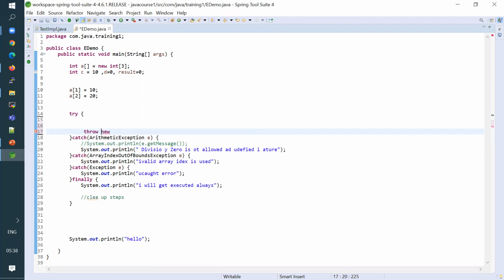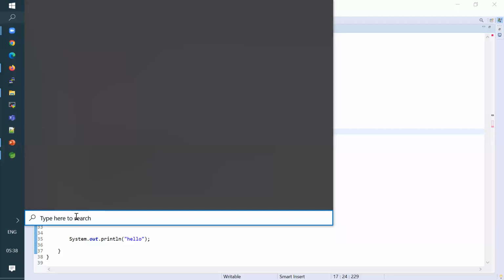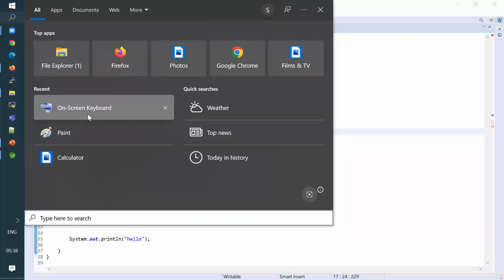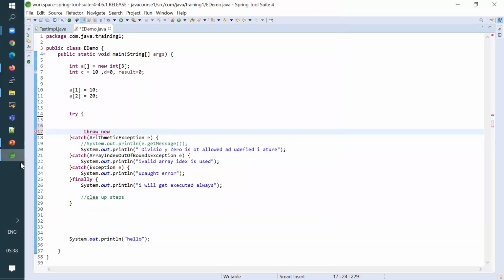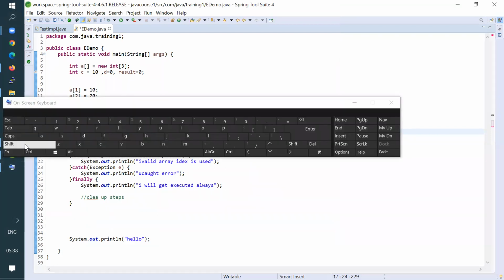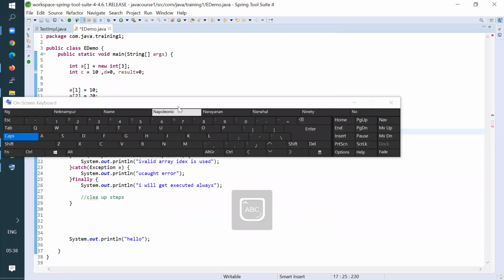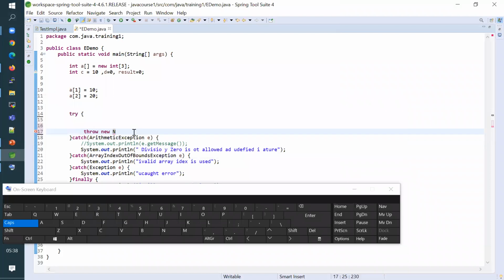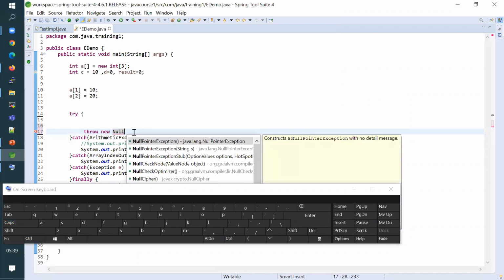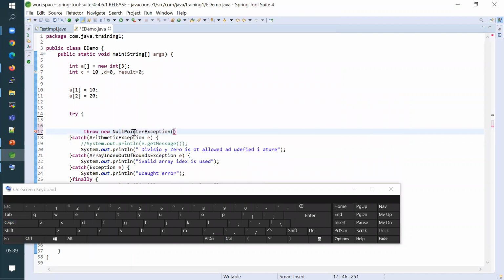Throw new null pointer exception. Okay. Basically, I can throw a null pointer exception like this.